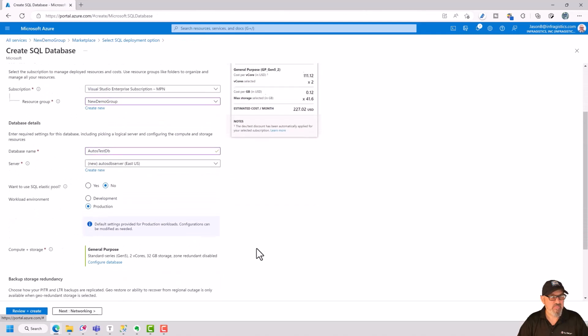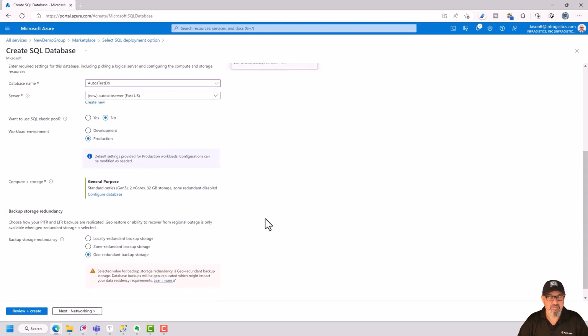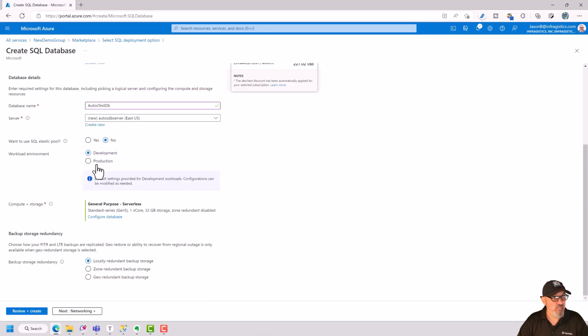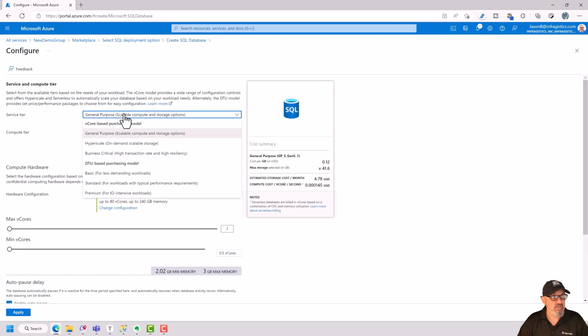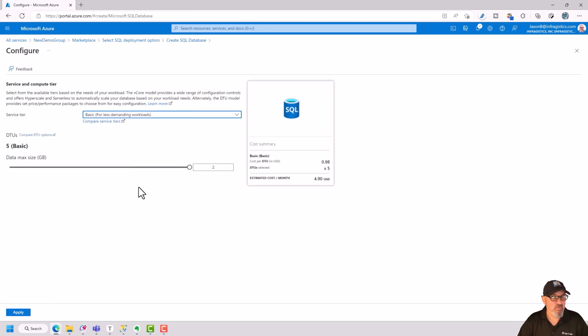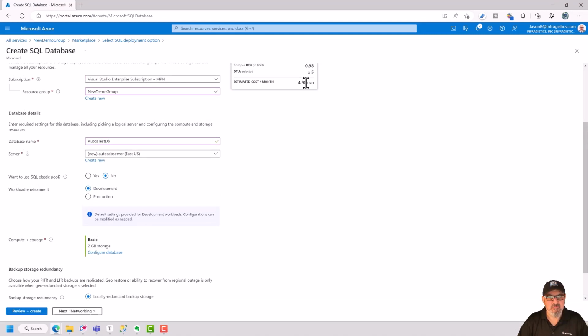And now the next thing that we want to do is make sure that we're not going to get charged $227 a month. I have the free Azure tier, which I believe gives me $150 a month. So I'm going to change this to a development database, and I'm going to configure it to the service tier of DTU based, which is for less demanding workloads, perfect for demos or small databases or things that not many people have to access. I'll go ahead and click apply, and that will charge me, I think, around $4.90 a